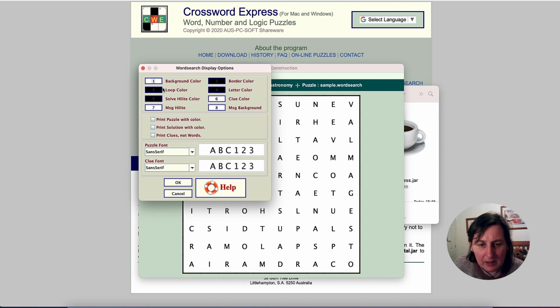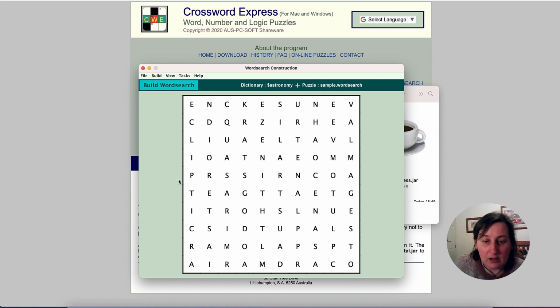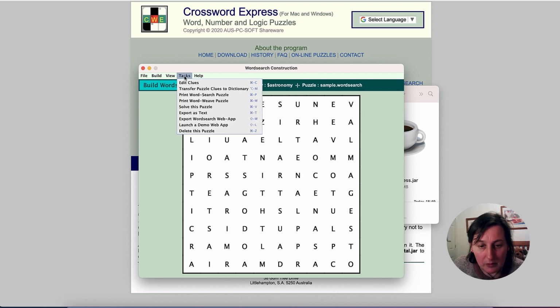So we can also display. Now in this display, I've actually gone along and changed all the colors, because if you don't change it all to black and white, it actually prints out everything in blues and yellows and all different colors. I've also taken print puzzle with color off, print puzzle solution off, and print clues not words. So I've taken all of those off, and again you can change your fonts to different ones that you want it to be, and most of them are the Google fonts, so they are fine. So I've clicked OK, and then what we're going to do here is we're actually going to print the word